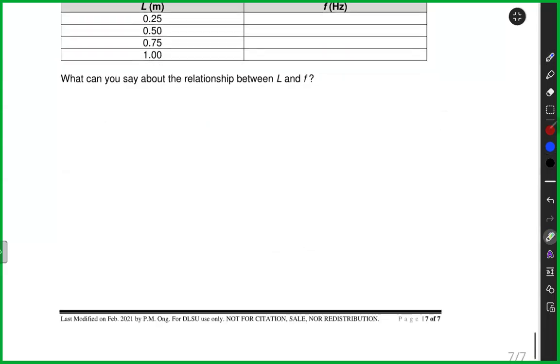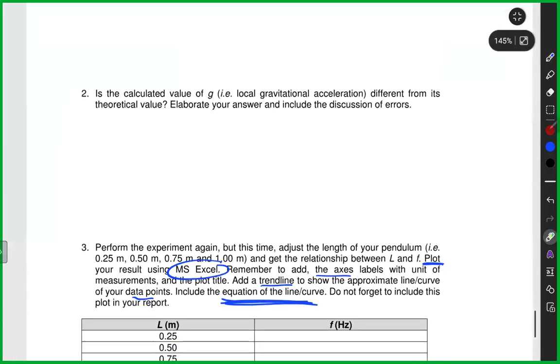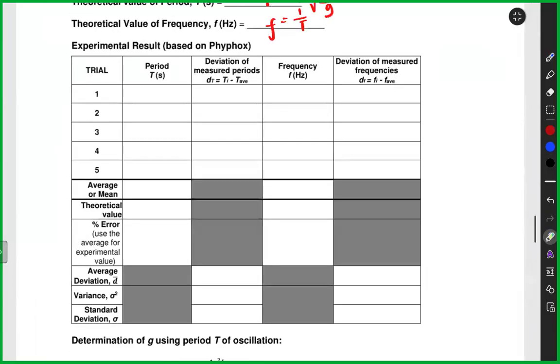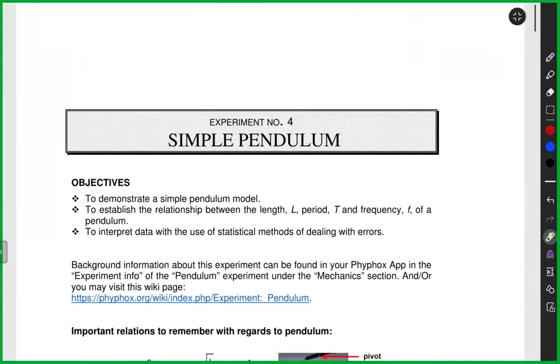All right. So that's basically our makeup experiment. And the due date for this experiment is, let me see, on July 6th. Okay. The due date for this is on July 6th, 2026.